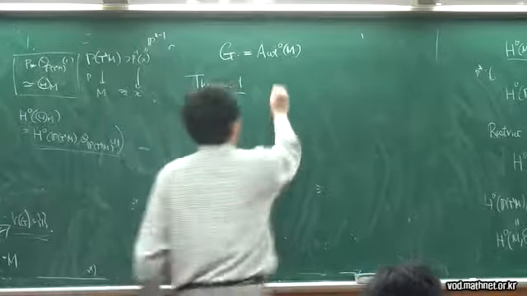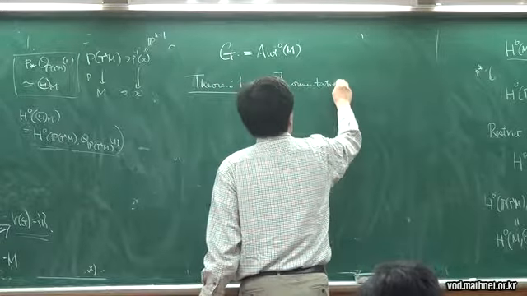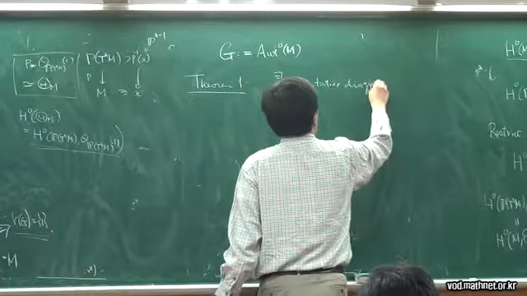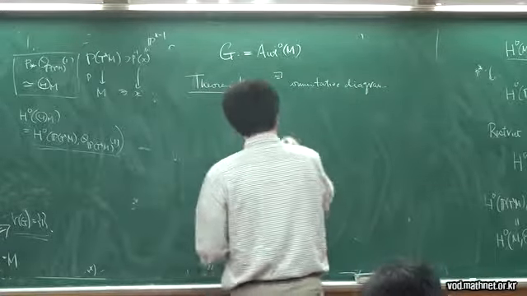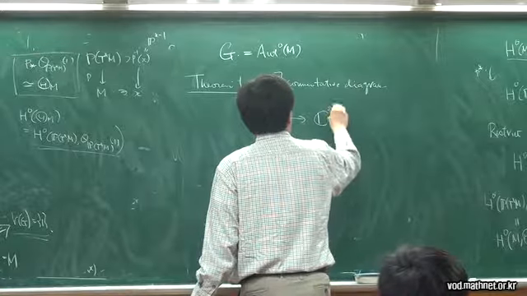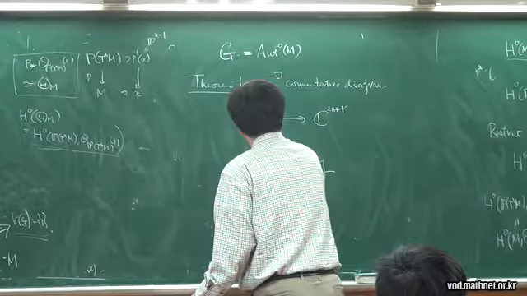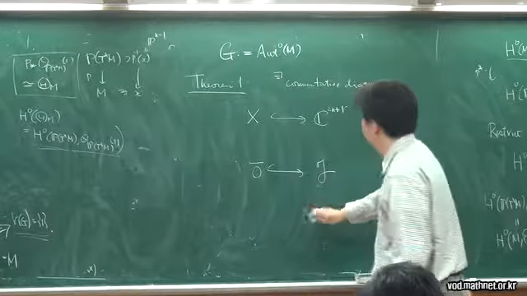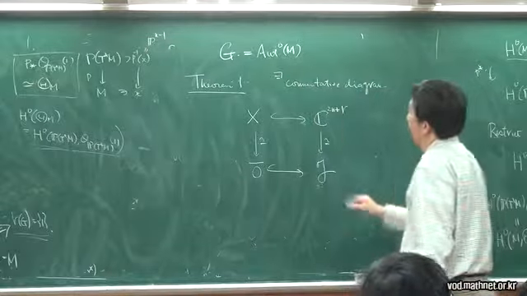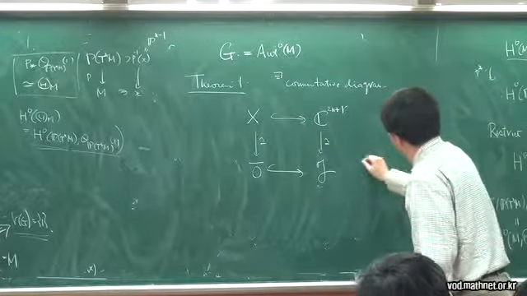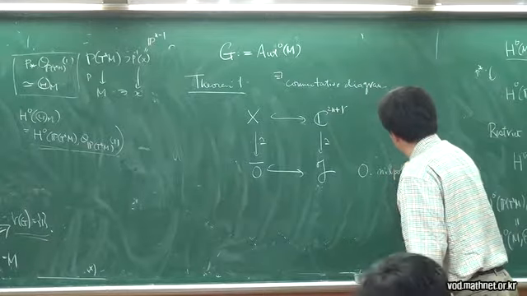There exists a commutative diagram, X inside C^{2n+R} and G inside O bar, and this is some isomorphism, and here O is some nilpotent orbit,